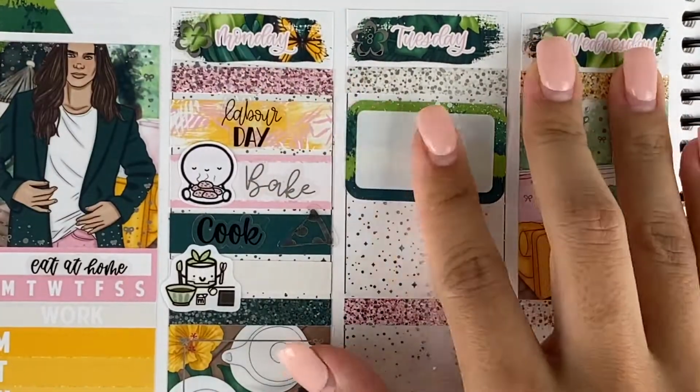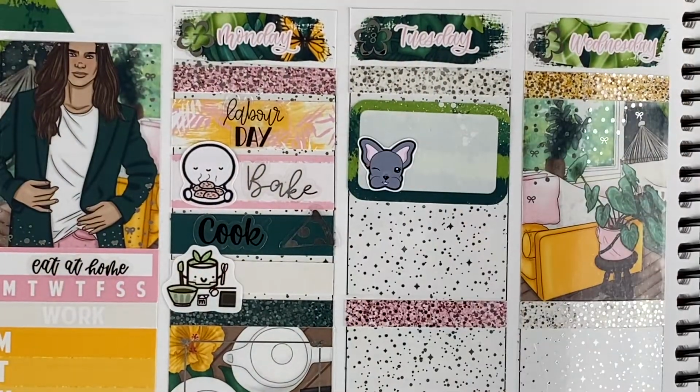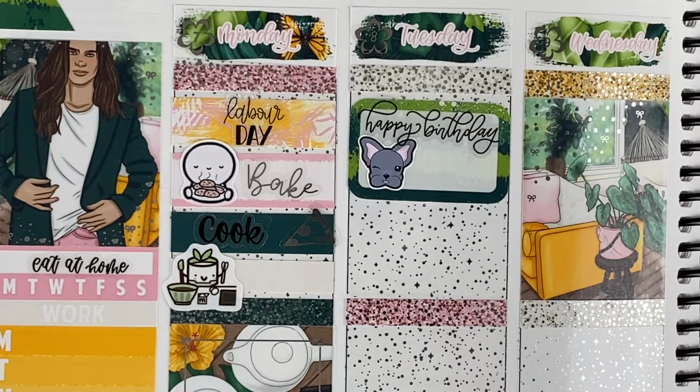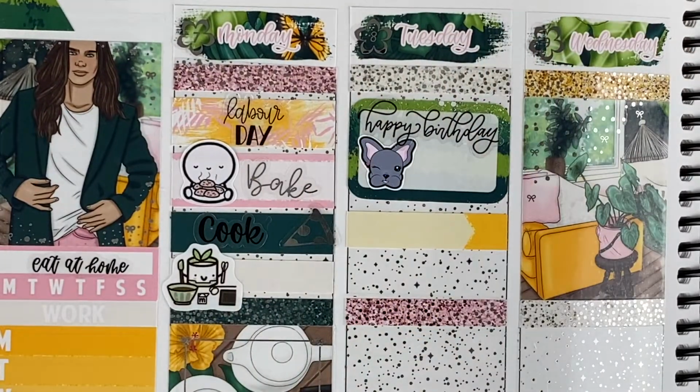And we finished our night with watching some Dexter. The Dexter script is a custom from Adorably Amy Designs, and I used a TV icon. I think it's from Right Brain Paper Co. as well. Moving on into Tuesday, I used a happy birthday script from Letters to Apollo to mark it was